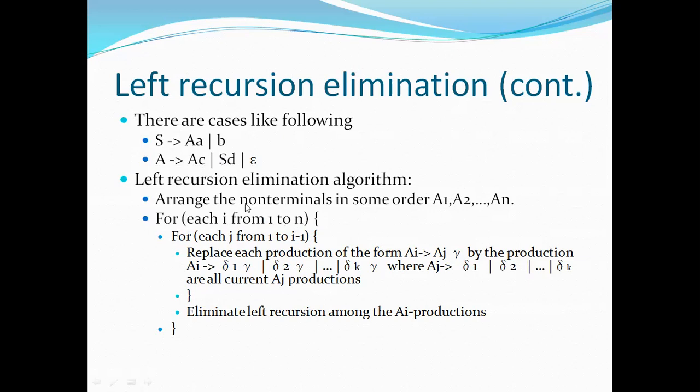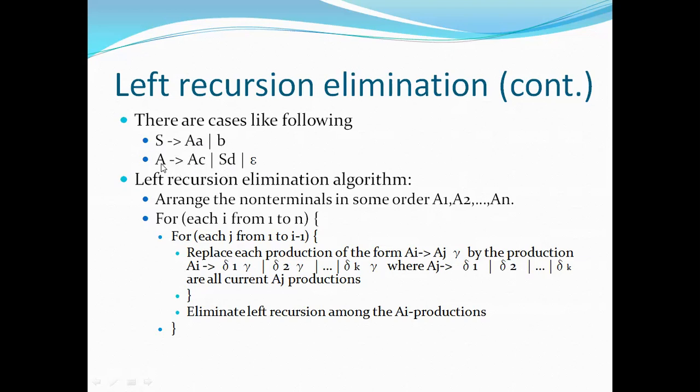So for example we are using some grammar. S is production with A, capital A, small a or B. So this is not a left recursive grammar. So we can write this grammar as it is, and we can replace A is production with A, C, and here S is one non-terminal. So this S is replaced with capital A, small a and D. So this S is replaced with capital A, small d, and so this S is replaced with B and D and epsilon. So this is the entire production.